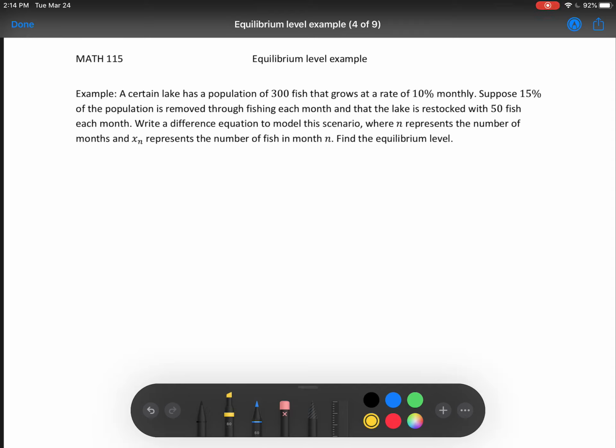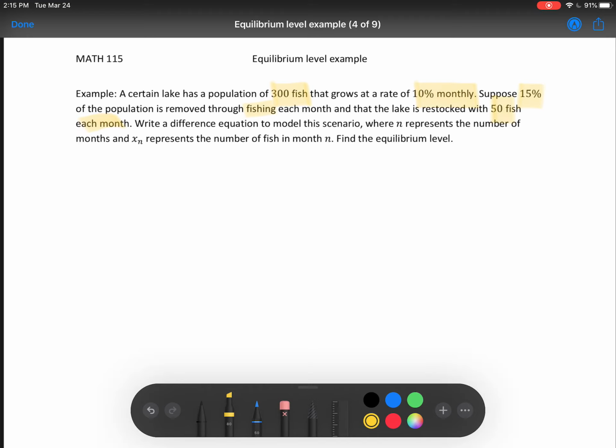Okay, here we're going to do another example of how to find the equilibrium. So this one is a fish population again. When we read it, we figure out that the starting population is 300 fish. We have a 10% monthly growth rate and a 15% monthly fishing rate, and the restocking is 50 fish each